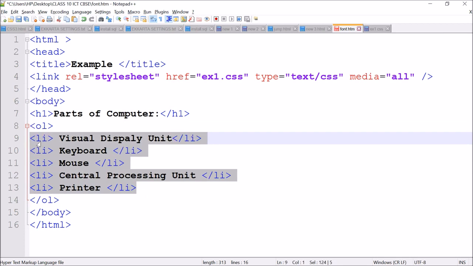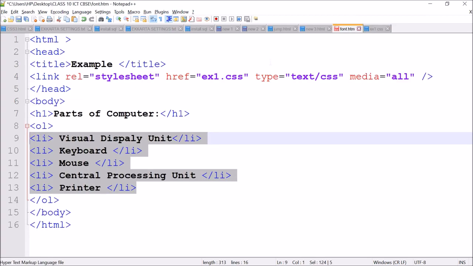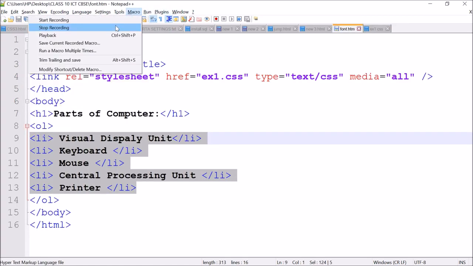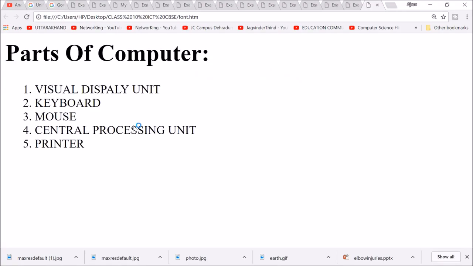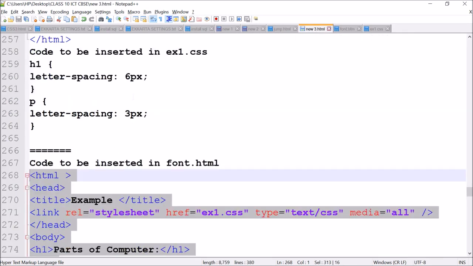These are the list items in the ordered list. As we have seen, H1 will be capitalized, meaning each first letter will be capitalized, and these list members will be all uppercase. Let me save and now run. Okay, P is capitalized, O is capital and C is capital, and these are all capitalized. Next is